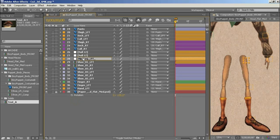Let's call it hip leg left, because there's going to also be a hip in his pants. Hip leg left, knee left, and ankle left. Great. So all I'm really going to do here is just parent